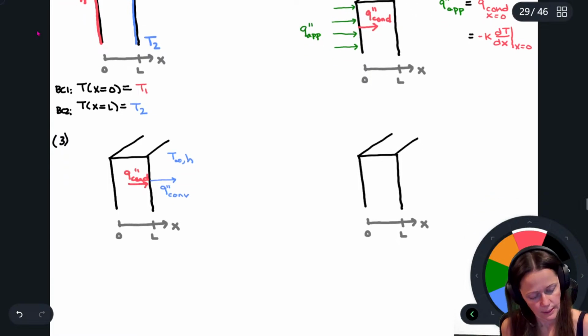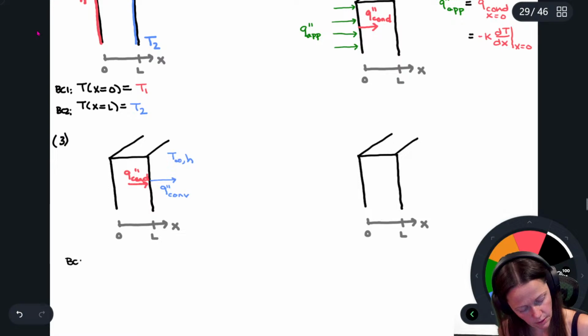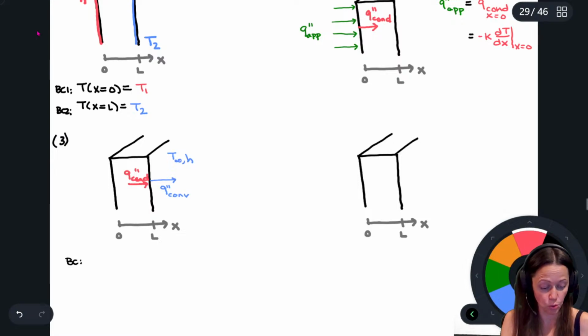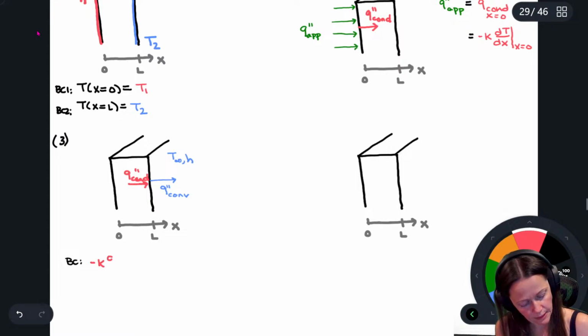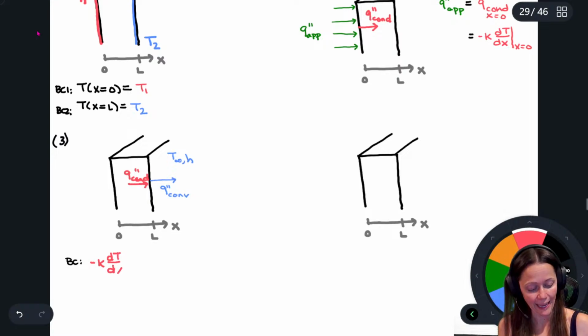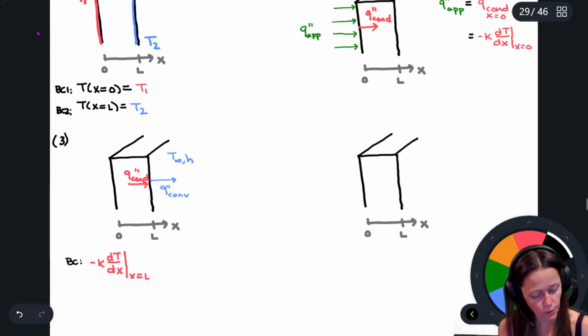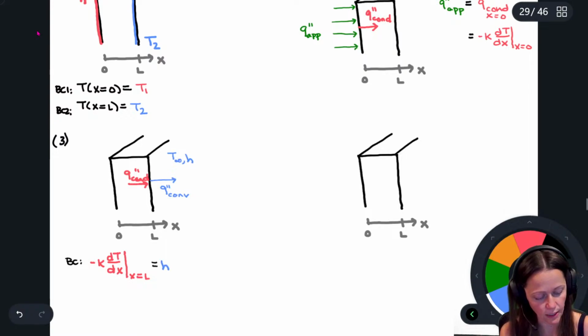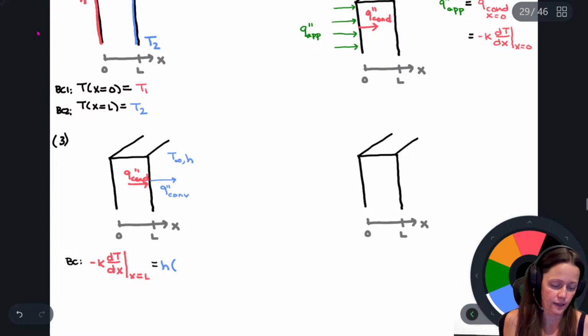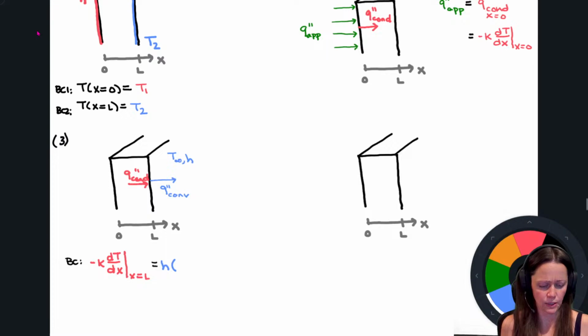All right. And so my boundary condition would be Q conduction at x equals L. So it's negative k dT/dx at x equals L. Perfect. And I know that has to be equal to what's going out, which is going to be the Q by convection. So h times, and when you're applying Newton's law, like the way that I've drawn that arrow there, is it T infinity or is it T of the surface? Start with the,